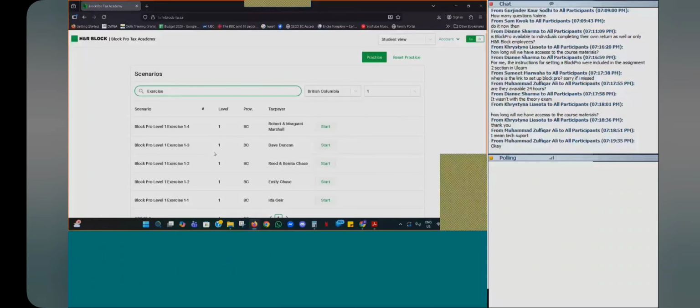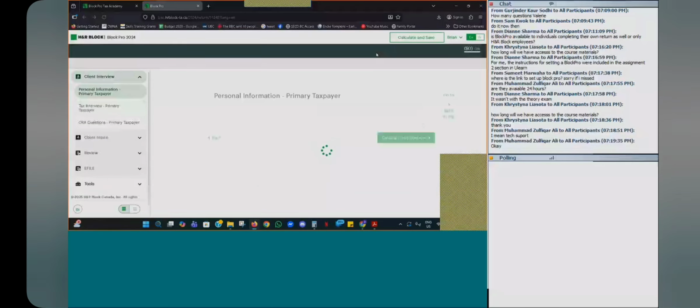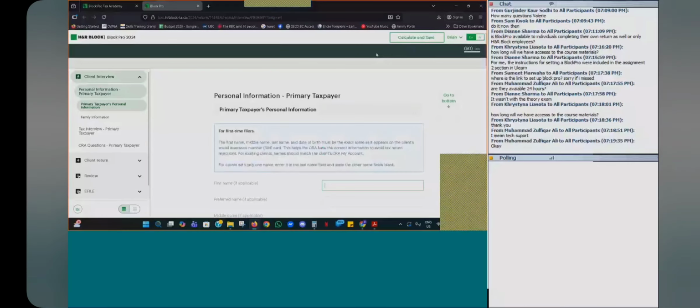I want to work on an exercise. And notice the various exercises come here, exercises 1 through 4. Now, that said, I'm just going to practice by opening up a blank return, and we will go from there. Now, when you're doing it, you probably